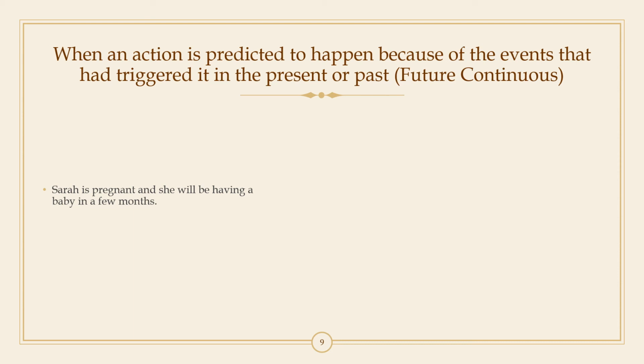And then the sentence should be made in such a way that the future also has to be talked about, right? So this is information which is being given, so the sentence is made in such a manner that it conveys the necessary information. So the statement goes like this: "Sarah is pregnant and she will be having a baby in a few months." Look at the next example: "We are leaving for the beach tomorrow morning," right? So there is something that is going to happen in the future.